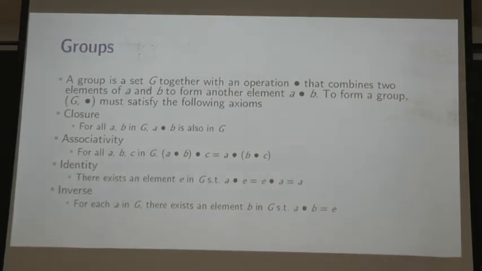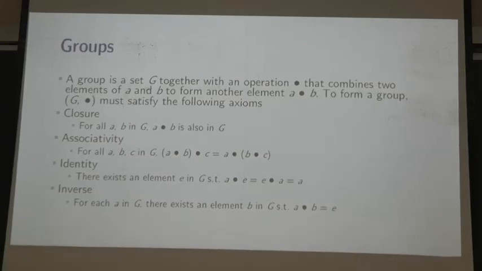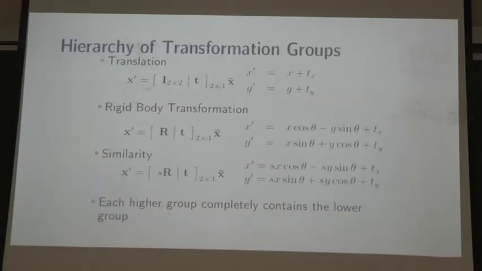So associativity obviously holds for translation because the basic operation in there is just addition, and we know that associativity holds for addition. I didn't have to do that fancy dance to do that. Identity. Of course, if T is 0, 0, that's the identity element. And inverse, of course, for every translation Tx, Ty, minus Tx, minus Ty is the inverse of that. So translations form a group, which means by doing as many translations as you want, you can never get to something which is not a translation.